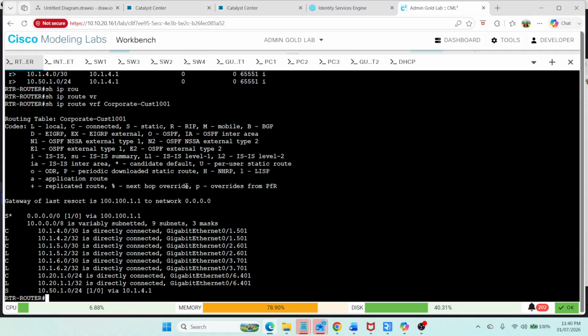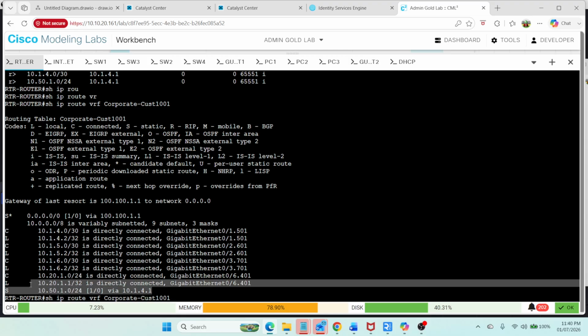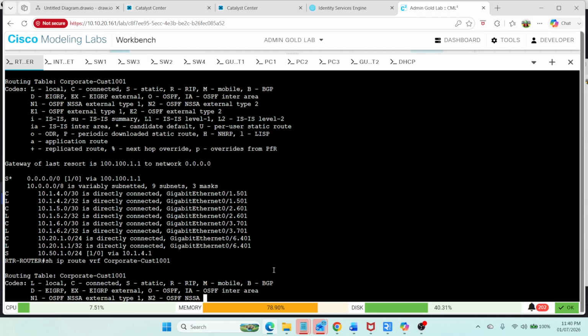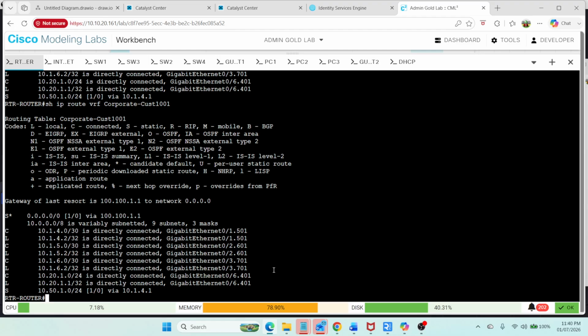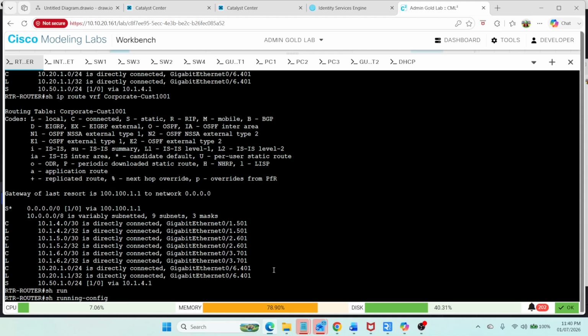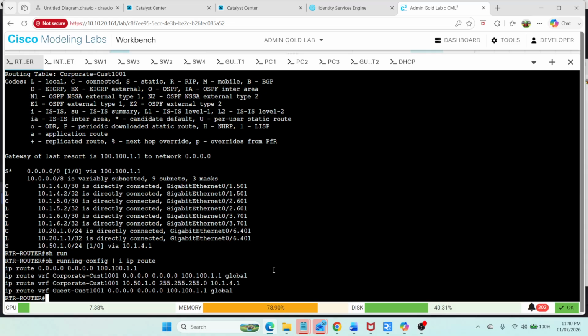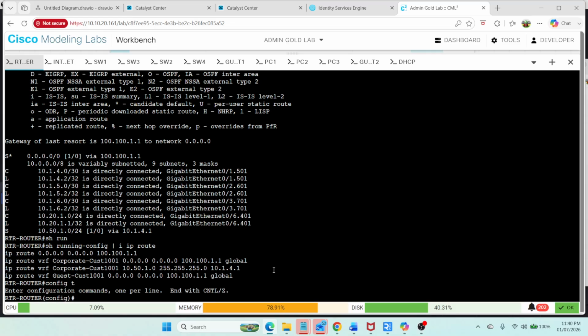It should be coming there. 10.50, yeah, it's coming via S. It should be coming. 10.50.141 via. Show running include static. I think I have configured some static route here. Probably yes, there is a static route here. That route I have to